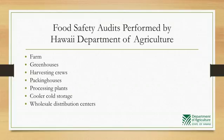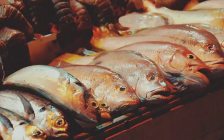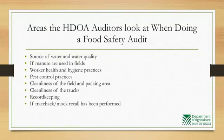Food safety audits are performed on farms, greenhouses, with harvesting crews, in packing houses, processing plants, cold storages, and wholesale distribution centers. Areas the Hawaii Department of Agriculture auditors look at when doing a food safety audit include source of